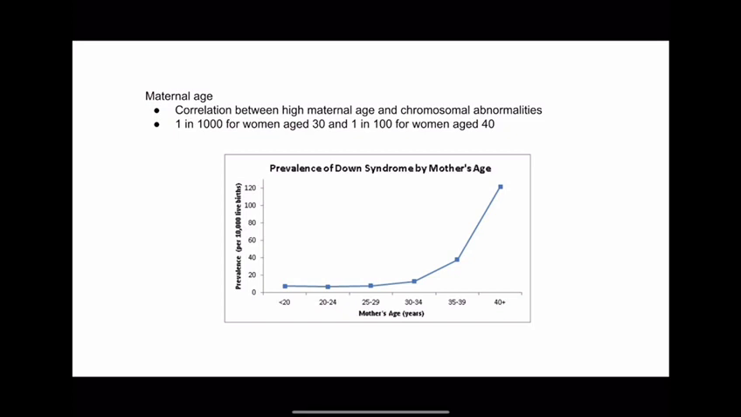And here is a graph that shows the chance of having a child with Down syndrome increases as the mother